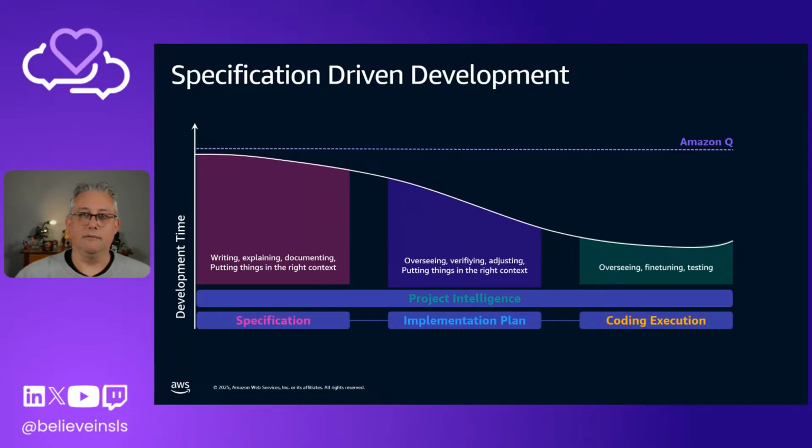Of course, I also do recommend that you fact check and validate what you're getting, because AI is going to hallucinate, because we know that generative AI, LLMs, are actually transformers. They just generate stuff, and it's all hallucinations really, but they're guided hallucinations, and that's the key. The guide is specifications. We spend most of our time doing specifications. We spend a bit more time chatting about an implementation plan. When it comes to coding execution, that's where we can be a little bit hands-off most of the time. If we get these first two activities right through our project intelligence, our coding execution becomes really simple.